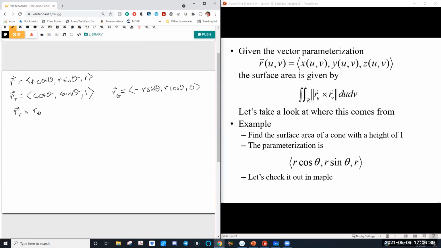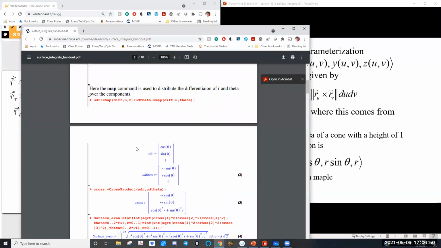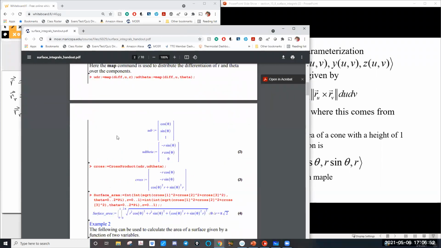Now again, for time's sake, I've already got these calculated out. They're on the Maple sheet that I sent you. Let me bring it over so you can see what I'm talking about. Right here, I walk through it. I do the cross product. The cross product is here, then it's put into the integral. So I'm going to be using this